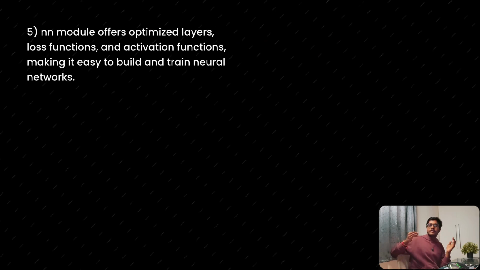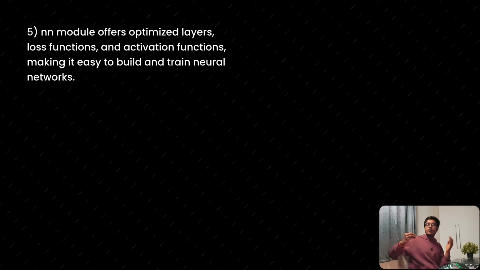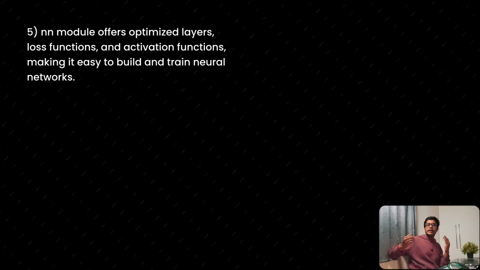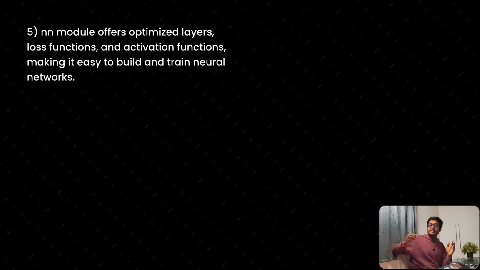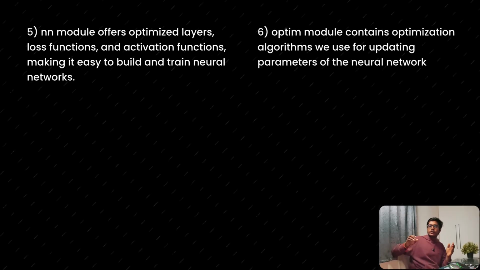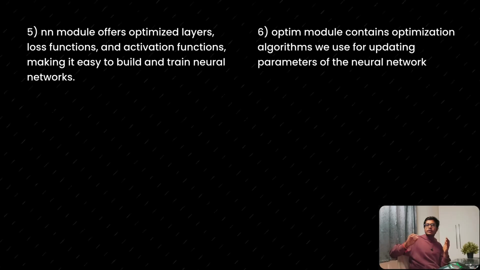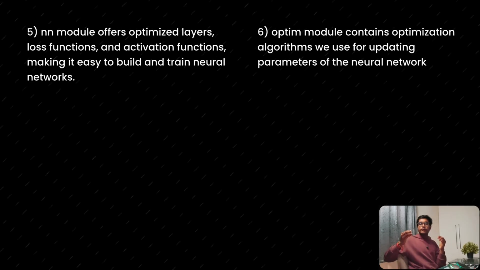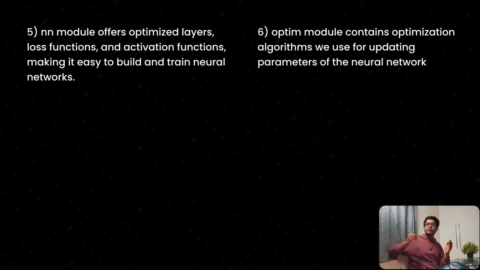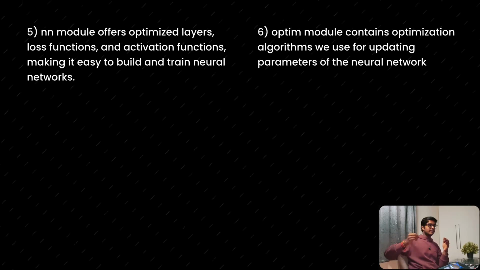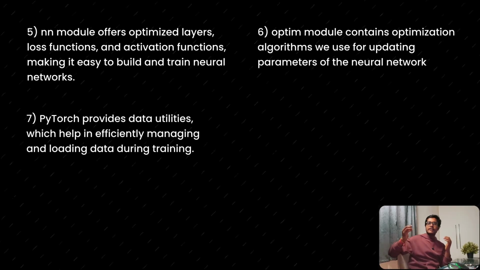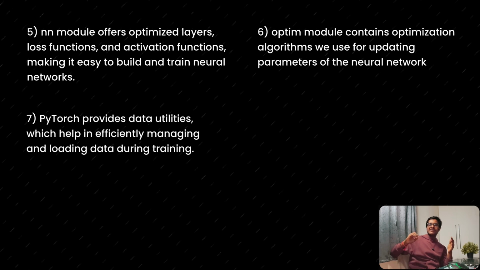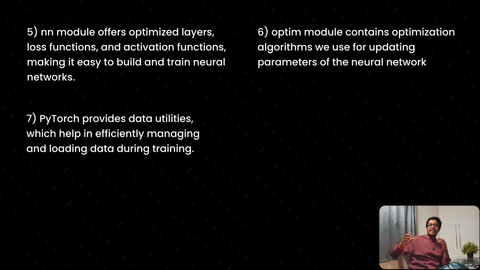Next up, PyTorch gives us the NN module, which provides highly optimized layers, loss functions, and activation functions, which we can use in building our neural networks. Next, PyTorch gives us the Optim module, which provides all the optimization algorithms using which we can update our neural networks during the training process. Next up, PyTorch provides us some data utilities using which we can handle data absolutely like a pro and train